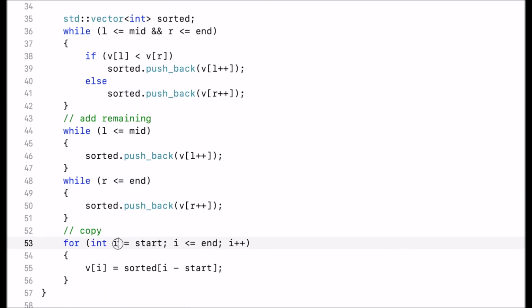This creates a counter variable I initialized to the start index, and as long as I is less than or equal to end, it increments I. And then it translates the index. So the sorted array starts at I minus start. Basically, it starts at 0. But for the input vector, the start and the end index define the range where the values should go. So for the input vector, it's always I, because I starts at start and ends at end. But for the sorted array, it starts at 0 all the way to the number of elements defined by end minus start. Once all the elements are copied, the function returns